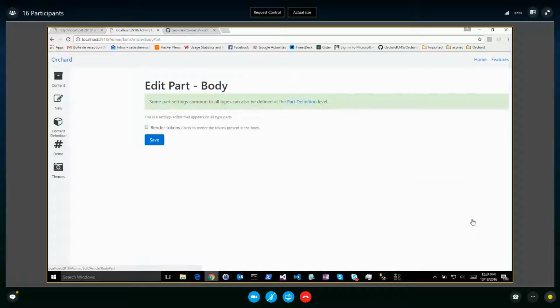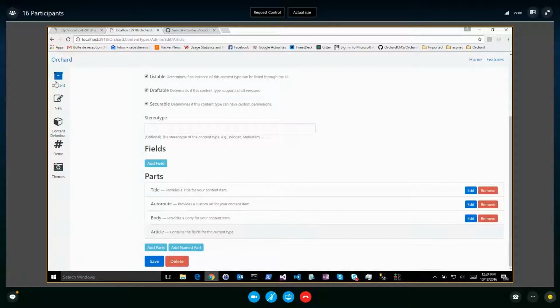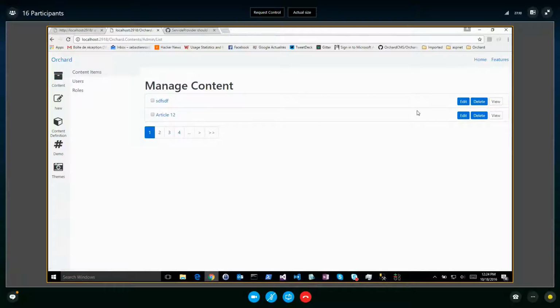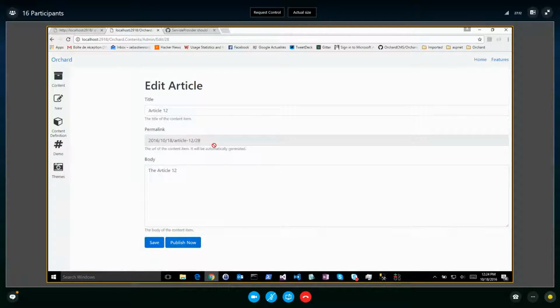Another feature then, body. I will edit the body part, and now there is a property called render tokens in the body. Now if I go edit the article, for instance, okay, you see now this one is great. So if I hit the body, I can inject tokens now. I can inject date format. And the parameters to the helpers will be